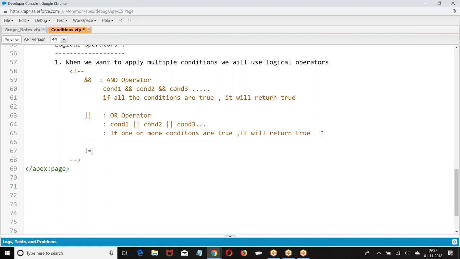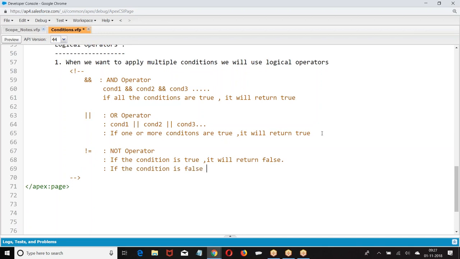Now, not equal to we already discussed. If the condition is true, it gives false; if the condition is false, it gives true.